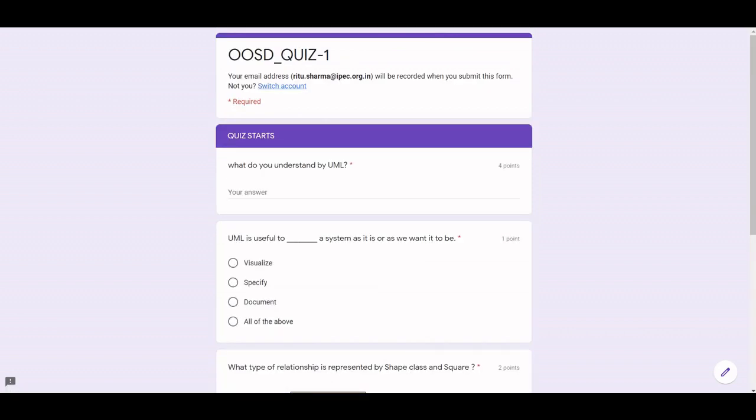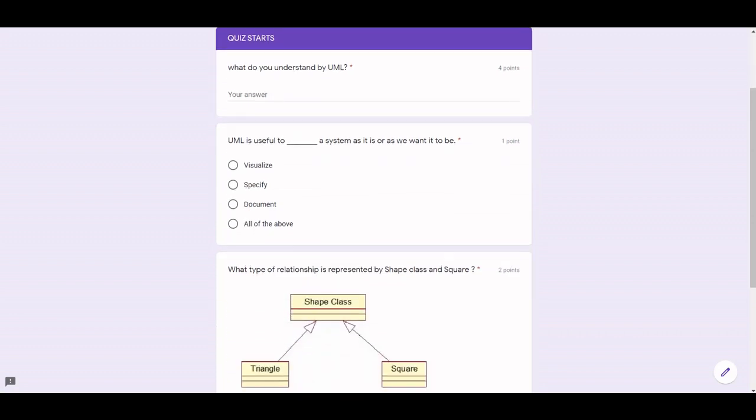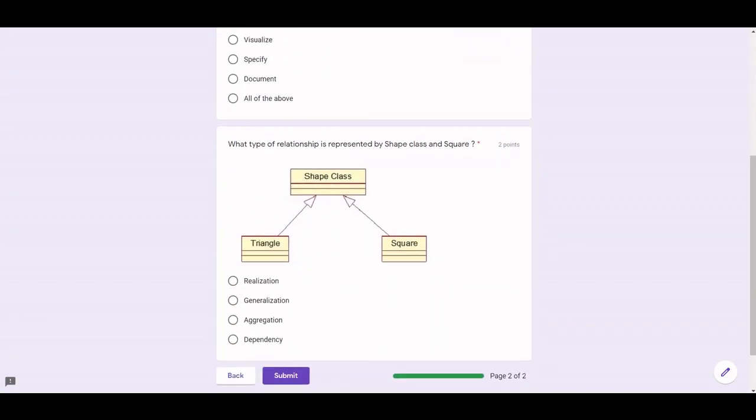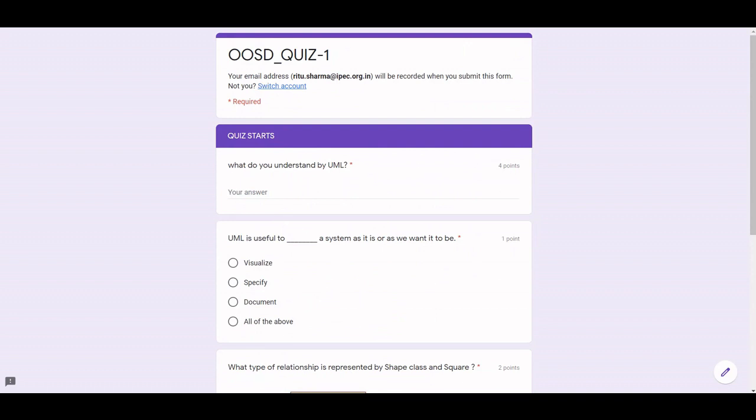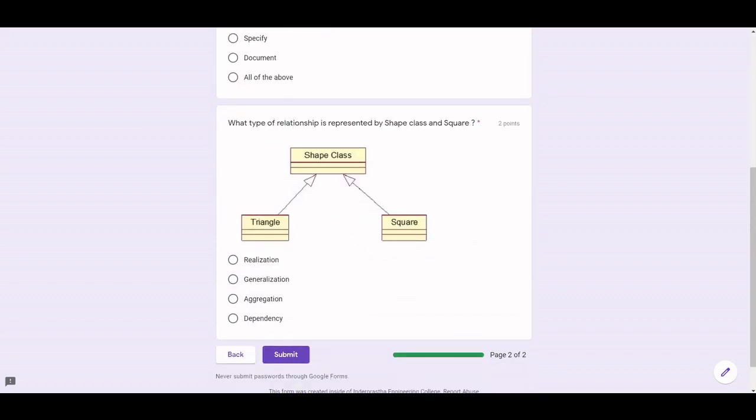Now this is how he or she will get the questions. Here I will write any answer, suppose visualization and generalization, and then submit. So this is how the student's response is recorded.